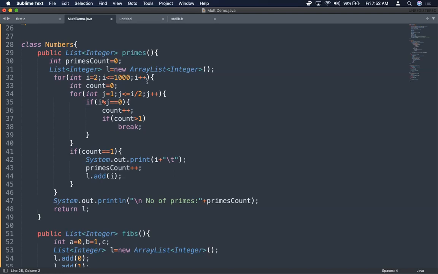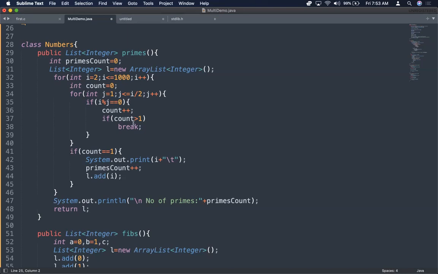Every time the i value is going to get incremented. Now I am taking each i value and I am seeing whether it is prime or not. So my inner loop is j equal to 1 and j less than i by 2. So I will go up to half of that number only, because after that I am not going to get any factor. And if i mod j equals 0, if this particular j can divide this particular i value, then I am making a count of that factor.